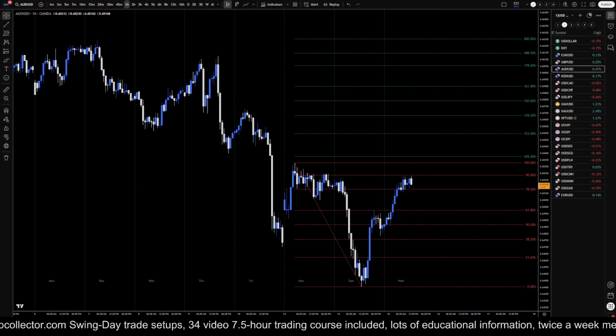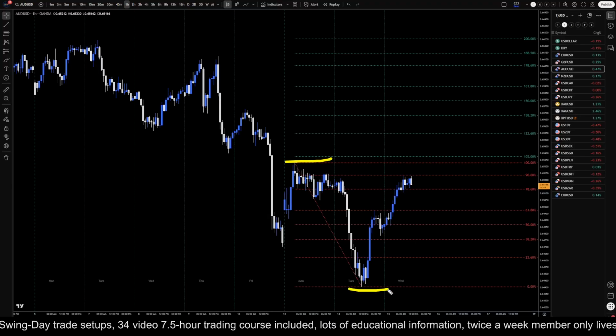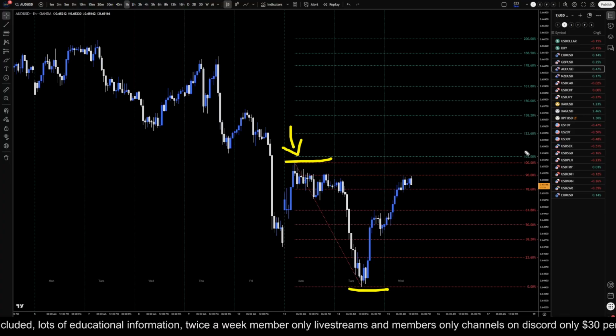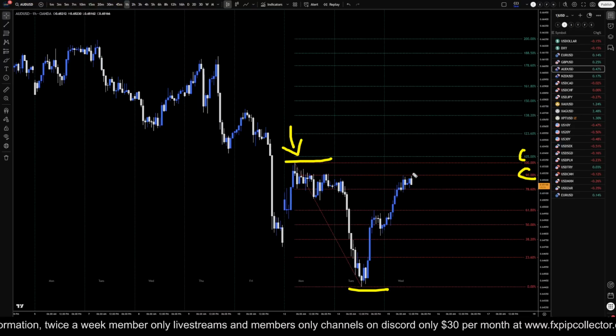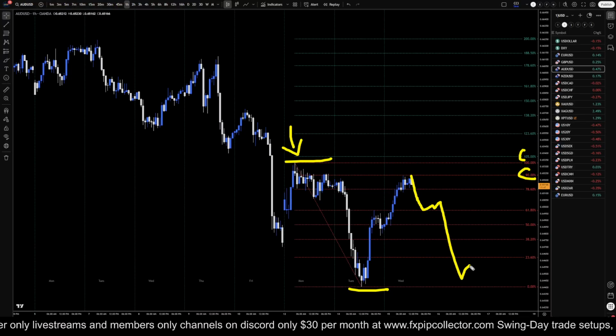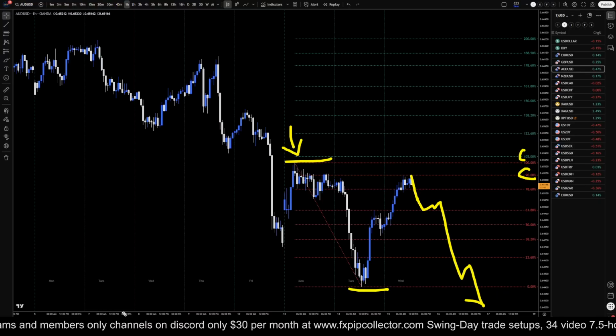If you go down to the 1 hour time frame, I got my Fibonacci retracement on the last move down. If it is some sort of a flat, which I think a lot of the dollar pairs are forming flats, that it can go up and at least back up to these highs like the 105. But the 90% is also a really good target. If this does turn into like an engulfing move to the downside, I would definitely take it as a short. The daily time frame is definitely still telling us that we should be bearish.